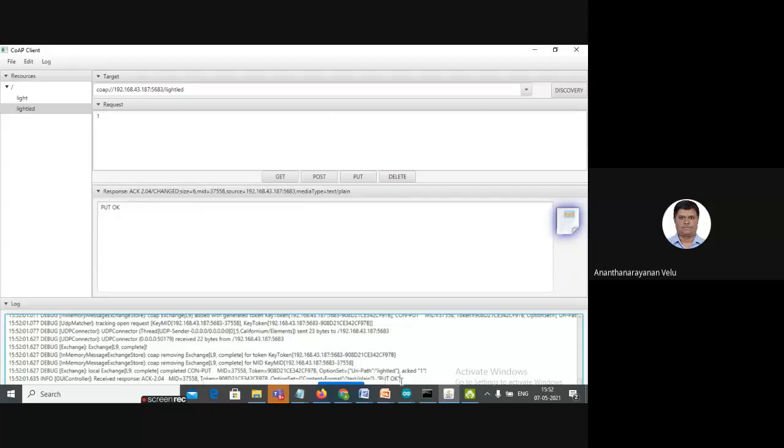When you find time, go through the material provided by me and follow the installation instructions. Definitely you will be able to set up a small IoT environment with the CoAP tools. CoAP is a very powerful, lightweight application layer protocol for constrained devices.